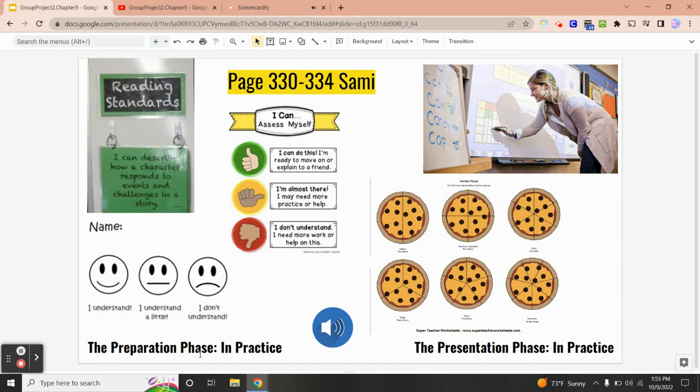The second section of text that I'm presenting on is about the presentation phase in practice. Our text emphasizes the importance of making new information meaningful to students, adding visuals to oral presentations, and demonstrating skills and strategies that students are expected to do. An example from our text is using an interactive whiteboard to present, which is represented in the image of the